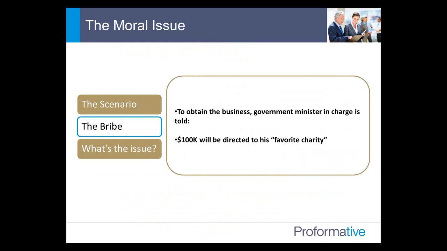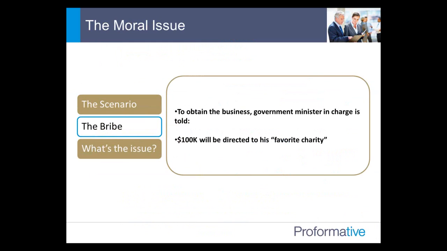And you think, well, what's the issue? It seems like everybody wins in that case because the government of Made-Up-istan gets its trains, you get the business as an organization, and this favorite charity of the government minister gets some money. Now, whether that charity is legitimate or not is a question in itself. But potentially that charity may be just a third party or a channel to funnel funds back to the government